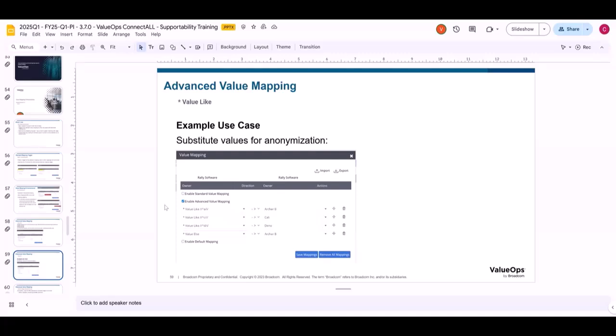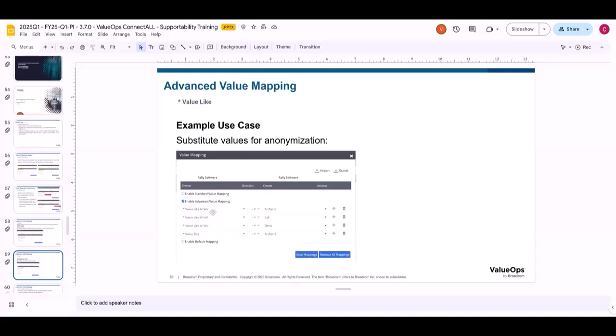And so what they do is they replace all of the usernames. And they do this by pattern matching. They say if the first character, they have a user for each letter in the alphabet, and based on the first letter of the username, they replace those users. So you have something to show in the demo environment, even though it's obfuscated data. And so similar to the other use case, we can in this case use multiple value like lines that start with